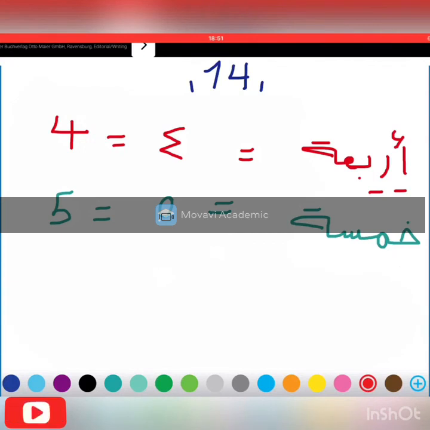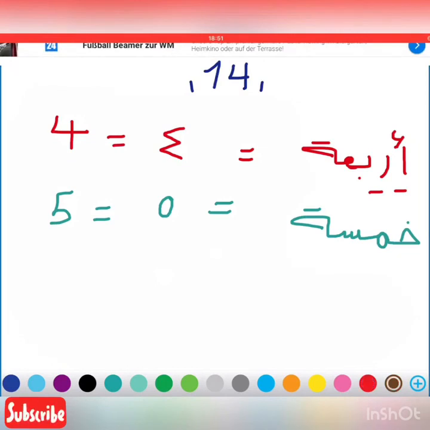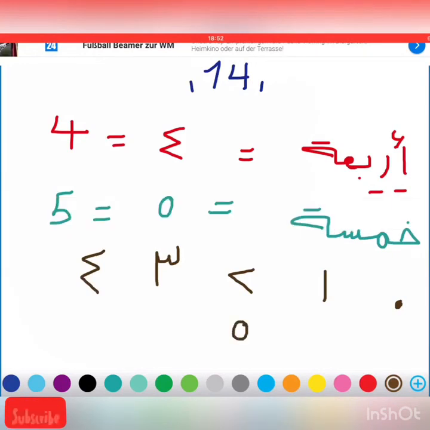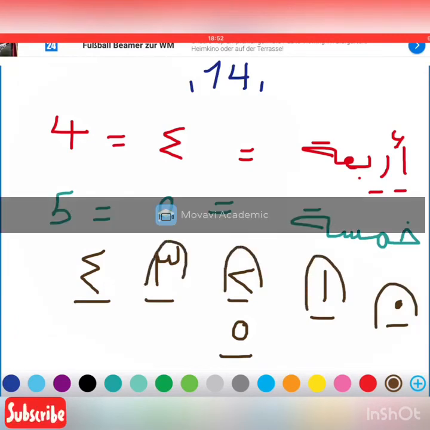So, صفر واحد اثنان ثلاثة أربعة خمسة. Okay. 0 1 2 3 4 5. صفر واحد اثنان ثلاثة أربعة خمسة. So